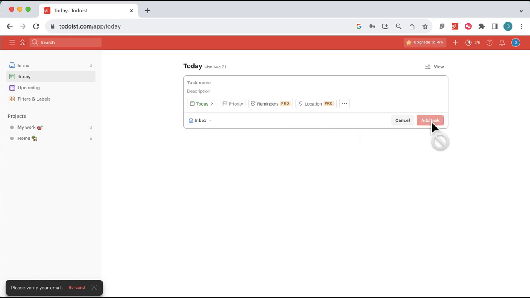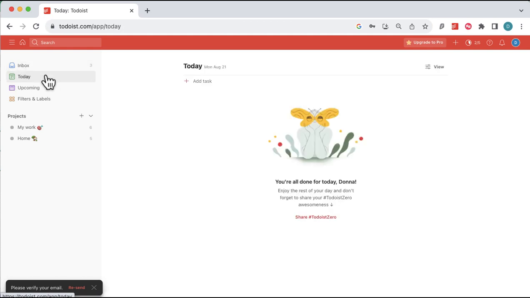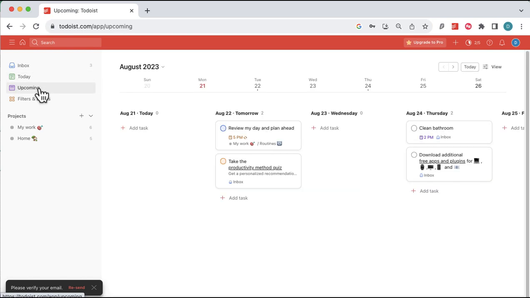And I'll just leave it in the inbox for now. So you'll notice in the inbox, if I go back to that, there's a couple of different things in there, but if I go into today, there's nothing there. But let's go into upcoming, because I put it in Thursdays, and you can see I've got it there on Thursday. Now this view looks a little bit different because there's different views I can work with,